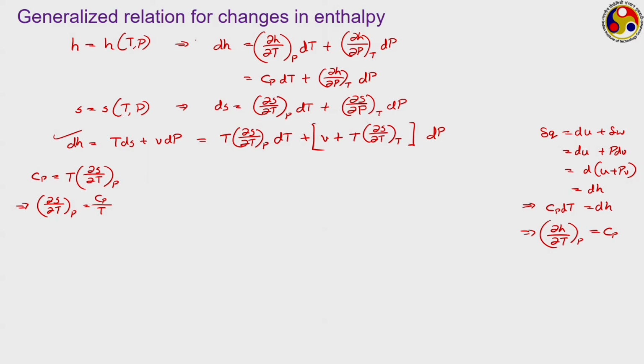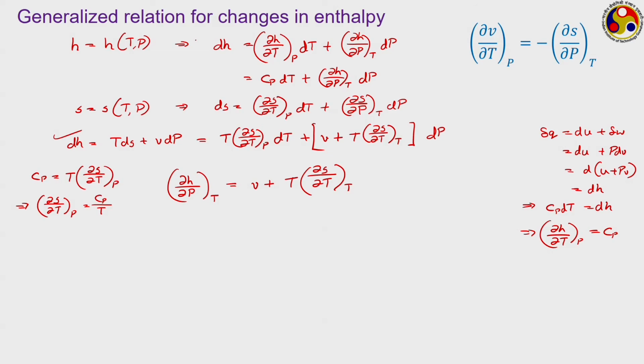But our interest is the second term, the coefficient of dP, where we have ∂H/∂P at T is equal to V plus T into ∂S/∂P at T, and we are going to make use of this particular Maxwell's relation to rewrite this as minus T into ∂V/∂T at P. So, finally, we get dH is equal to Cp dT plus V minus T into ∂V/∂T at P dP,